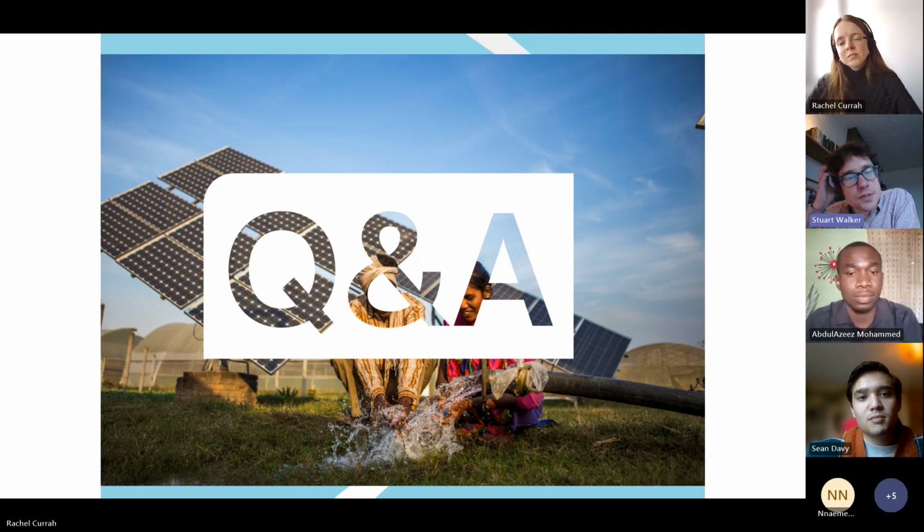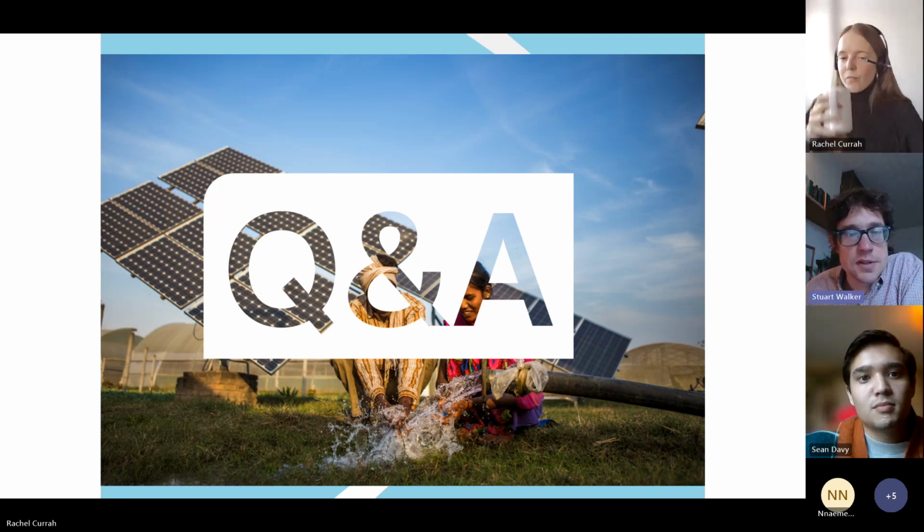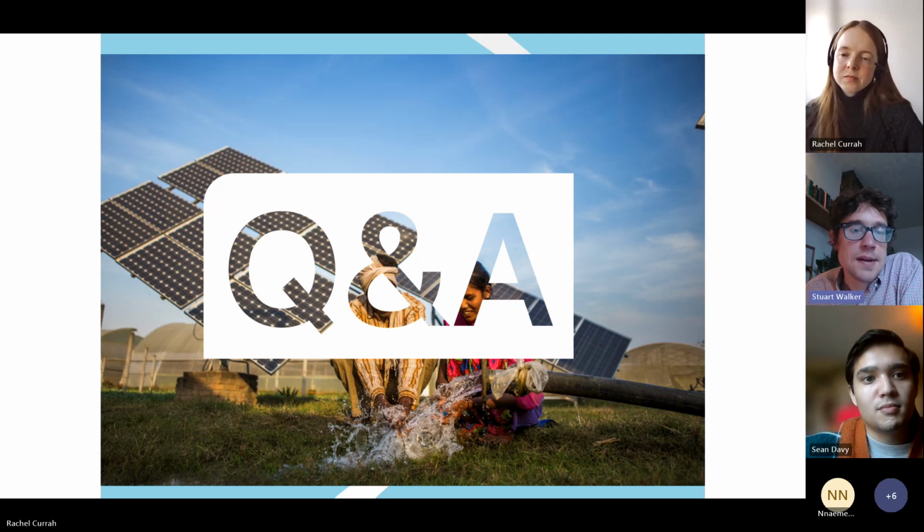So there may be some materials where we know where they've come from, so we don't need to worry about that. But there may be some materials where we're unsure of the origin, and we know there's potential that they could come from some exploitative or other kind of area that we would want to avoid, then we would do a social LCA element for those.